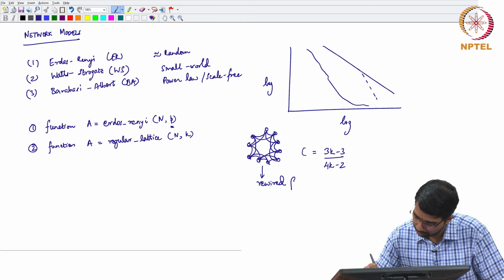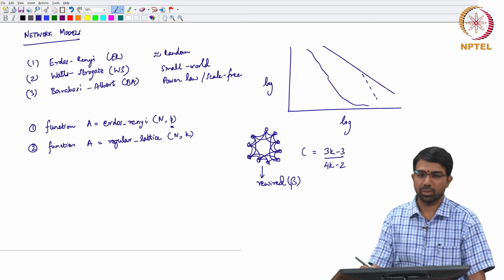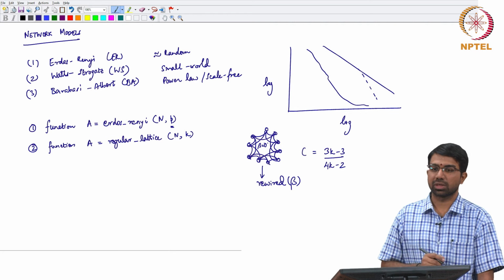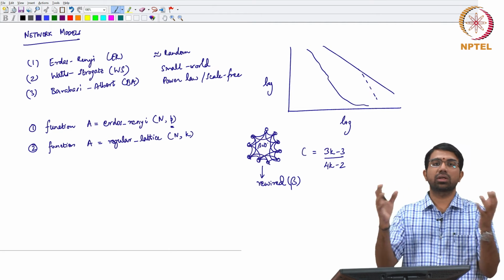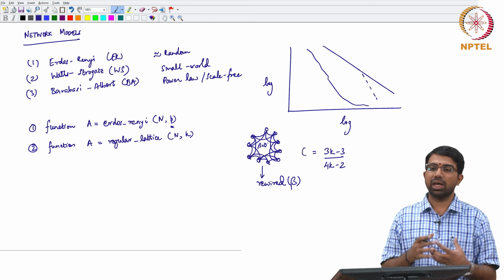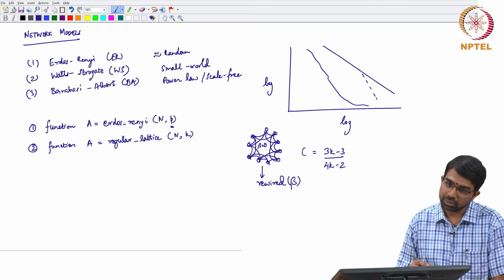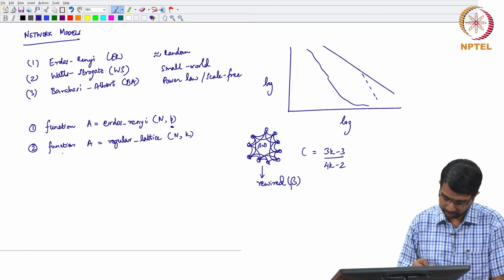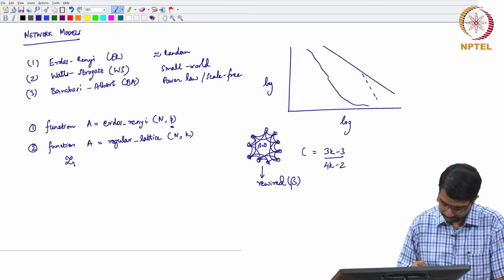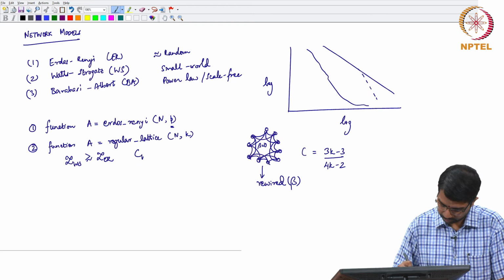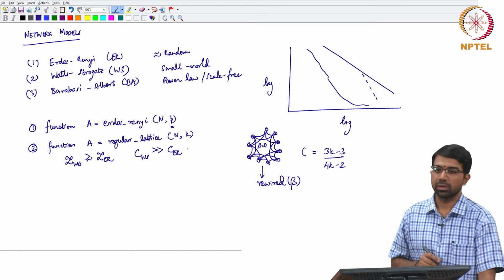It now has to be rewired with some probability beta or p, whatever. So, beta equals 0 is this regular lattice, beta equals 1 will be a completely randomized network. Somewhere in between is where you find what are known as the small world properties. What are the small world properties? Log n and psi. So, L_WS